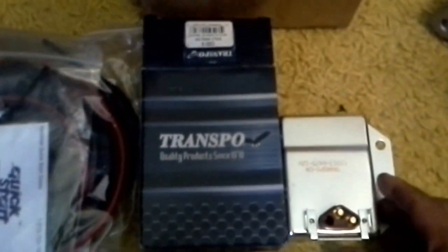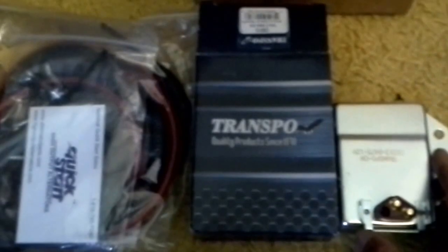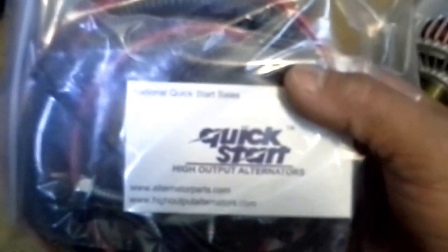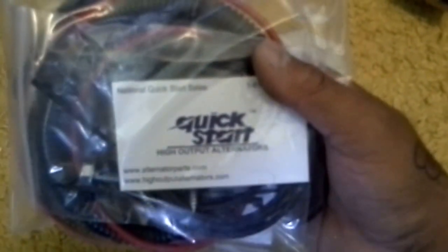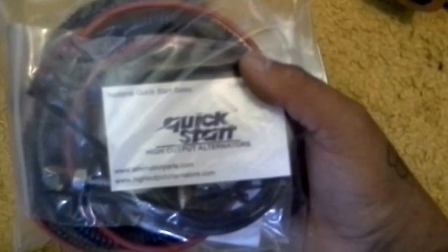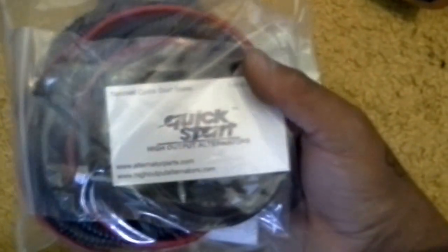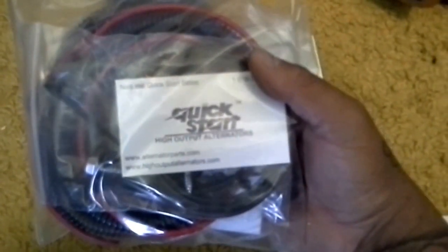What I got here is an external regulator kit that I got from Quick Start High Output Alternators. I got it on eBay from Alternator Man. I guess he's distributing this Quick Start High Output Alternator kit. This is made for Chrysler, Dodge, and Jeep vehicles,